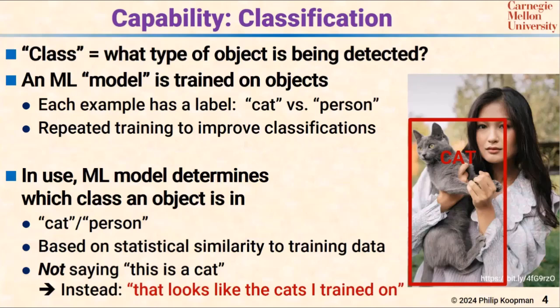What it's saying is that thing, that set of pixels, looks awfully similar to all the things that someone told me were cats. So it looks like the cats I trained on, which is not the same as knowing what a cat is. There are deep arguments that folks may disagree with this, but I'm going to take a high-level approach. There's a difference between a cat, a picture of a cat, and a thing that looks statistically like a cat. And this is saying this looks like the cats I trained on.